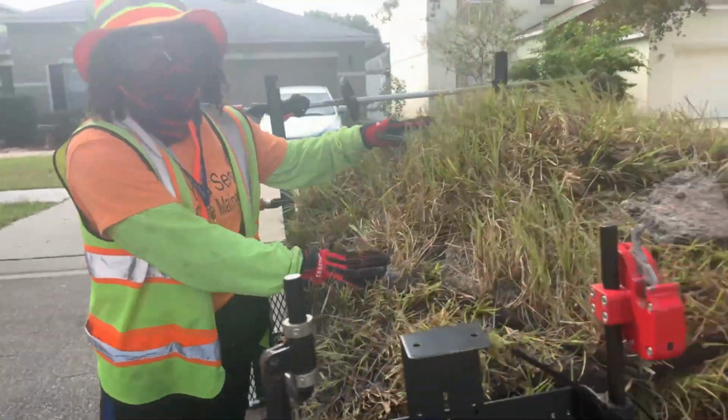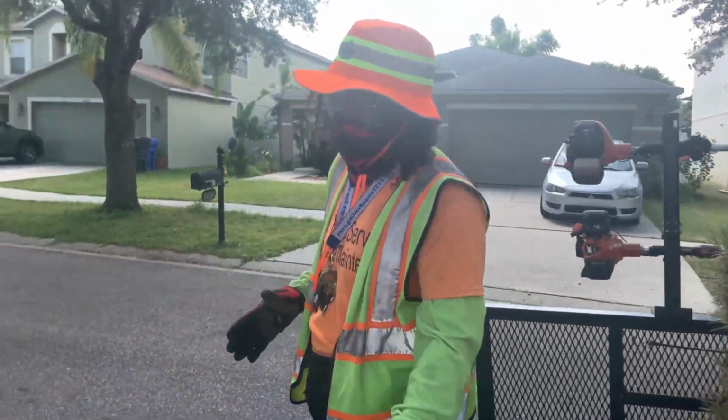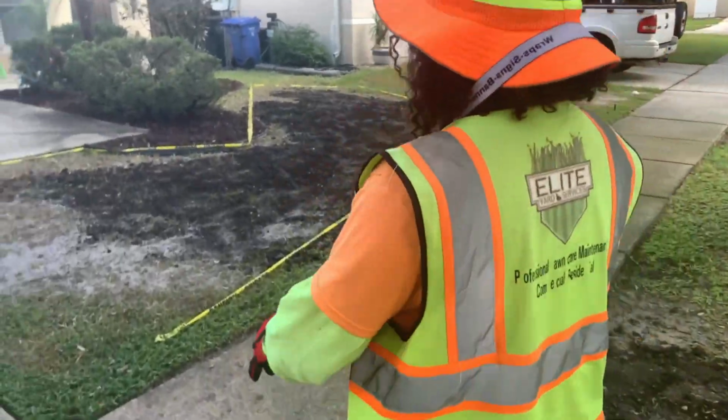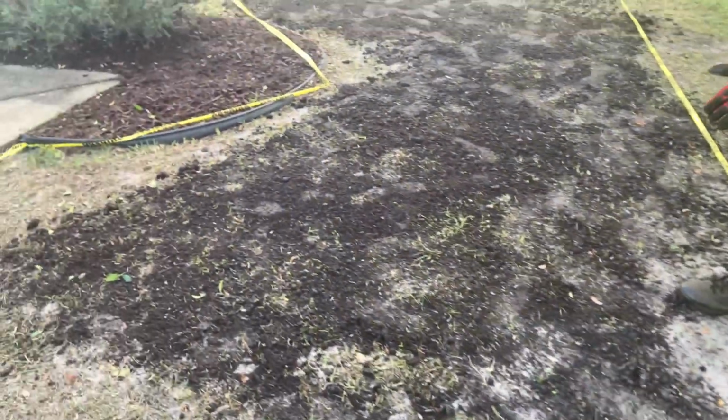Today we're doing sod installation for a client. This is a rental property. We've already come and prepped. So we've already put the topsoil down, we've sprayed it, mowed it down to 1 inch, and everything is already